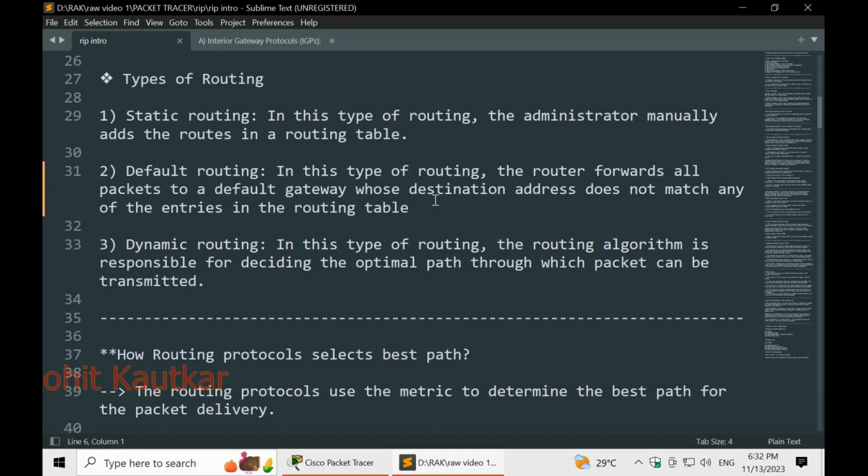Dynamically it can learn all the available paths and on which it can forward the packets. As we learned, static routing is suitable only for small networks, whereas dynamic routing is suitable for large networks where so many paths will be available between source and destination, and the best path will be selected for transmitting the packets. So these are the types of routing.